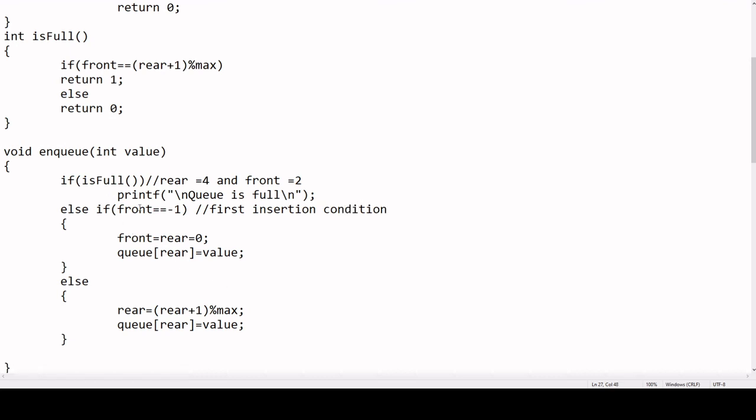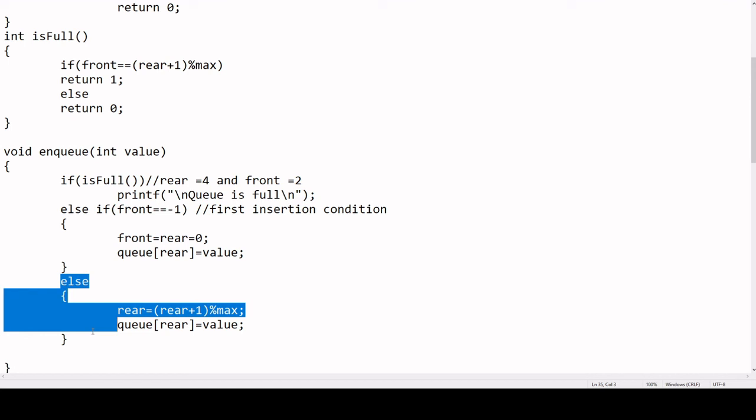Okay. So if front equal to -1, what we will do is we will make front and rear point to 0, to point to the first element, which is the 0th index, followed by which we will write q of rear equal to value. All the other successive insertions, we will go for this else part, wherein it will compute the value of rear where the value is required to be inserted. In all the other cases, it will compute the rear value where the insertion is required to be done.